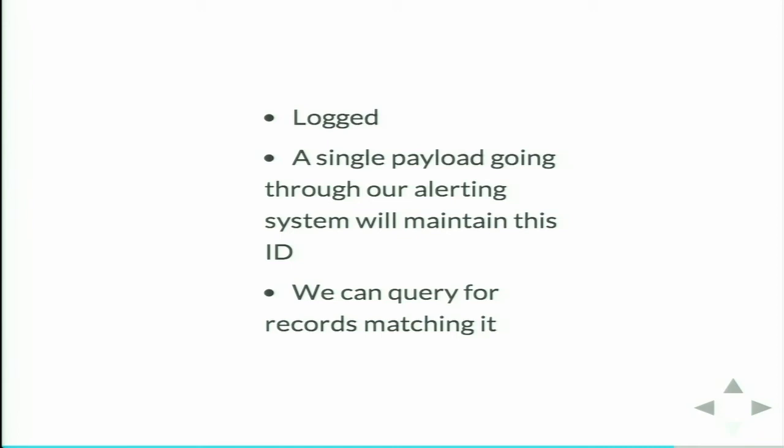Our notification service will receive a request from the alerting system and say, send this email to user X, and it will also have the Barium header attached to it, which will then also be attached to the email as an email header, which means when the customer receives this email, they can just forward that email back to us if there was a problem with the alert.